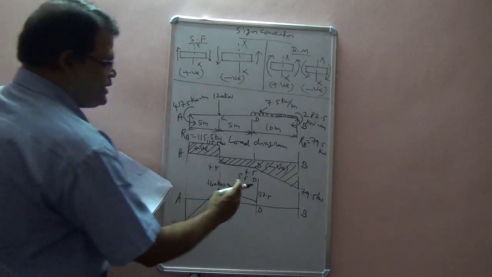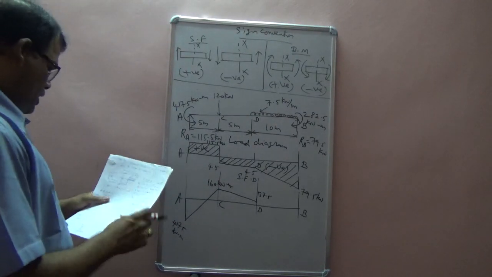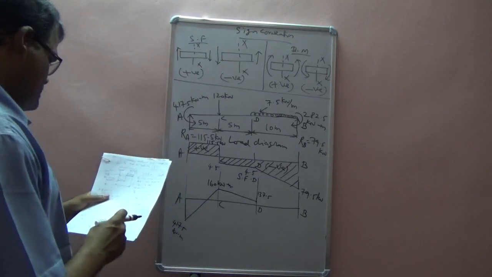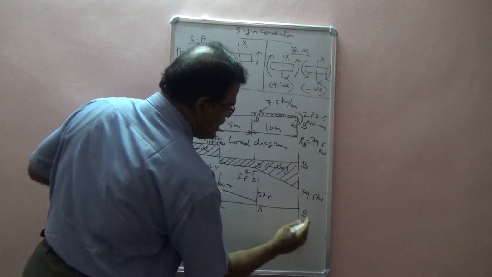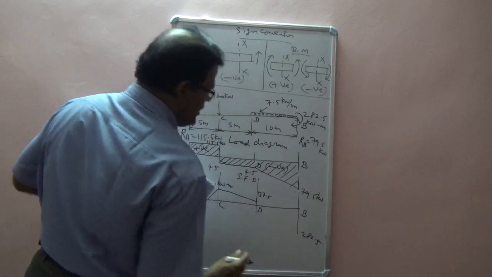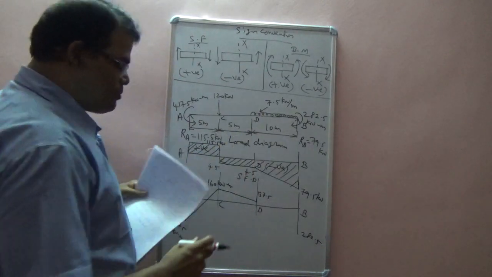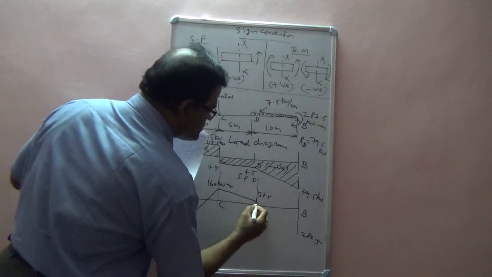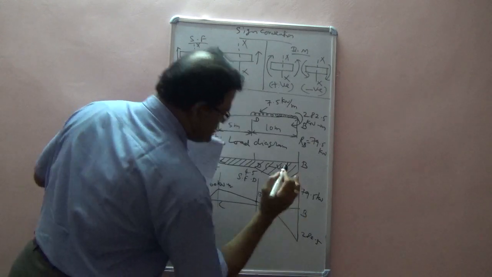Now consider the right side of D. What is the bending moment? So right side of C is 137.5, whereas left side of B is minus 282.5. So here this magnitude is 282.5. But what is the equation between D and B? Bending moment equation is following a parabola. Therefore, I am just drawing like a parabola. It is like this. Okay.